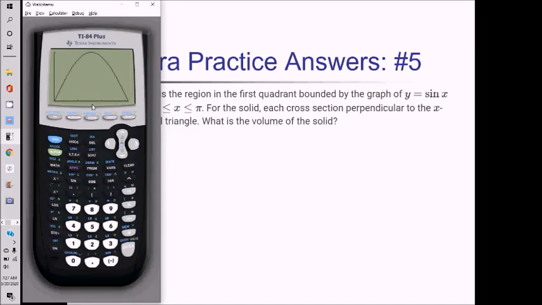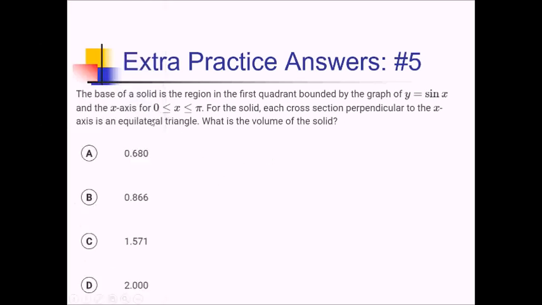Now they're telling me I've got these equilateral triangles that are basically perpendicular to the x-axis. So you can think of a triangle standing up, and the lower side of the triangle is this line running from the x-axis to my sine curve here. And these things are essentially popping out of here in a three-dimensional fashion, and we need to figure out the volume that happens when we add up all those triangle slices. So if I'm taking a bunch of triangle slices and adding them up, I'm taking an integral. My limits of integration are just going to be 0 to pi, but now I need to know what area